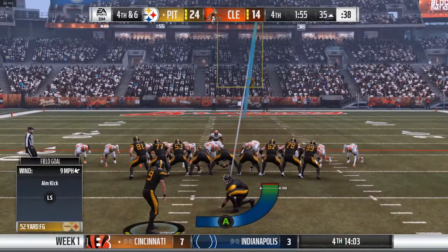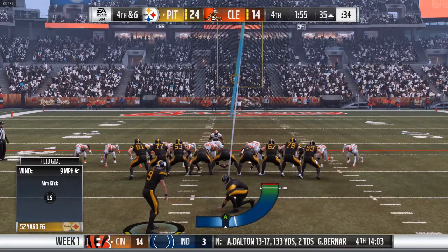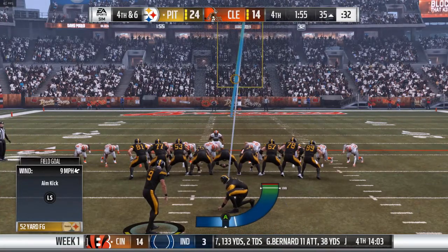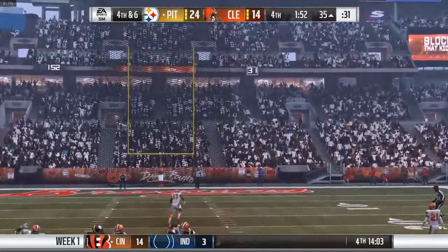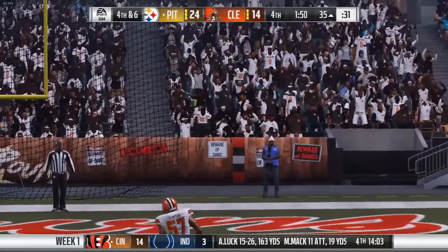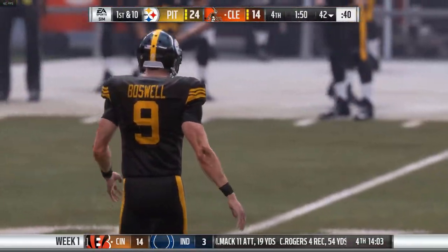So on fourth down, out trots the kicker in a big spot here. This will be kicked from the 42. It's a 52-yard attempt. And this won't get there. Won't be on line either. It's no good. Off to the right. And this score will...